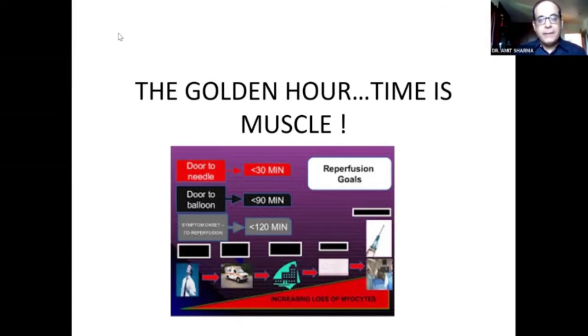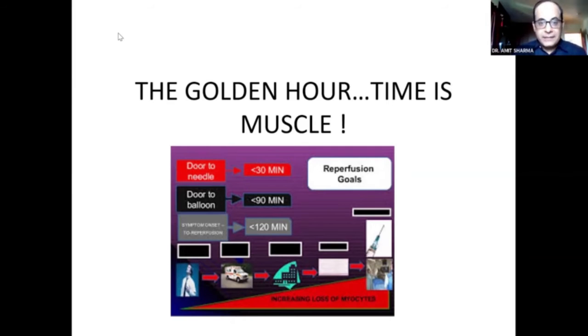So we have this kind of framework of guidelines. We try to fit the patient into these guidelines so that we know that time is muscle and we must secure the myocardium here. And this is what our problem with COVID is, that COVID just upset this whole balance. Everything, everybody was challenged, and the whole healthcare system collapsed. And we realized that we were not able to reach these guidelines and these timelines, essentially